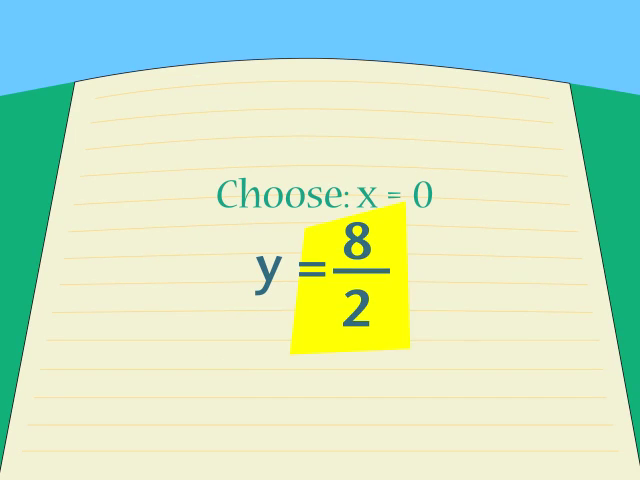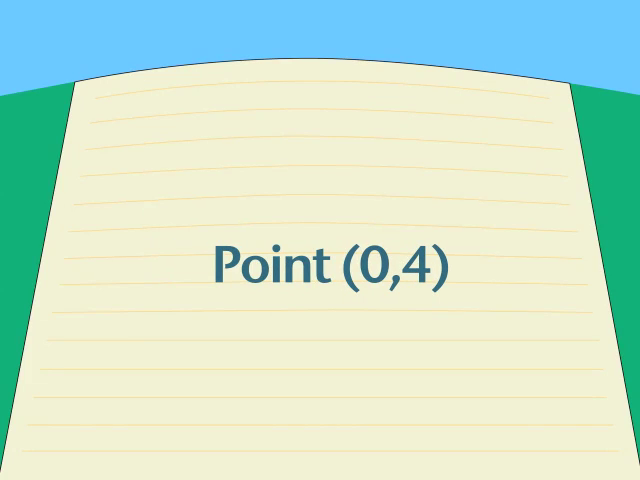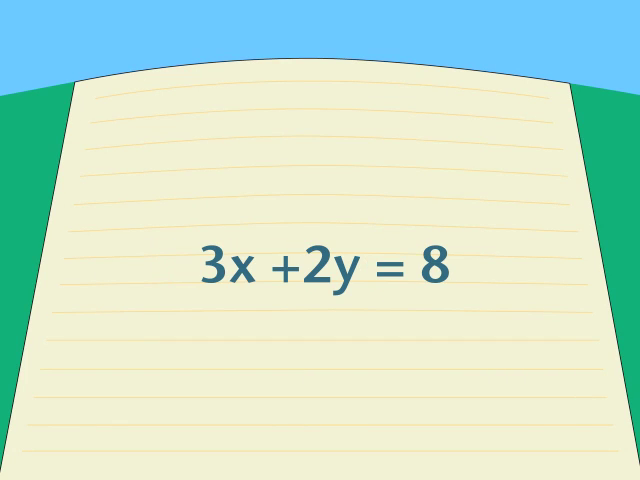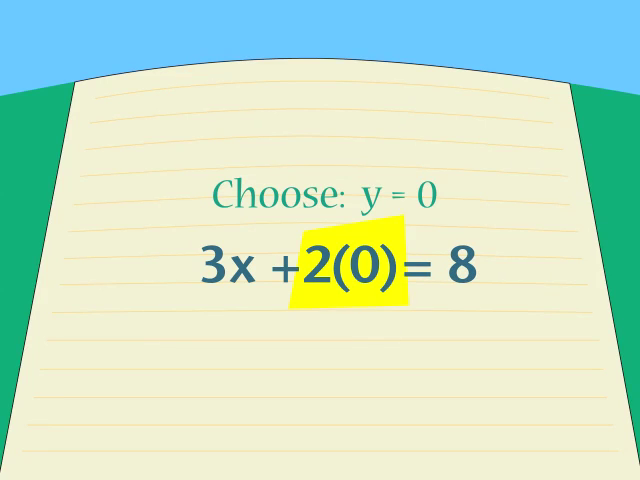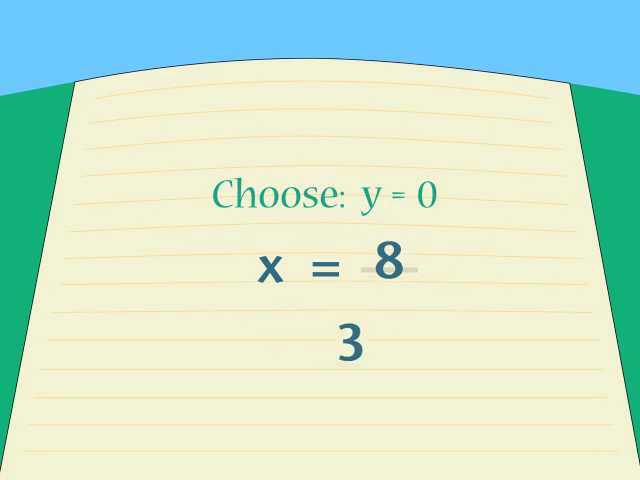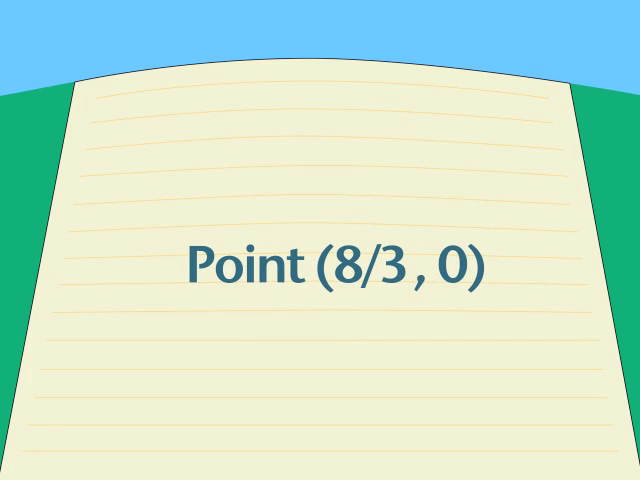If we pick x equals 0, we find that y equals 4. That can be represented by the coordinates 0, 4. If, instead, we pick y equals 0, we find that x equals 8 over 3. We have a second point with the coordinates 8/3, 0. So far, no surprises. If you didn't follow how we did these two steps, be sure to go back to